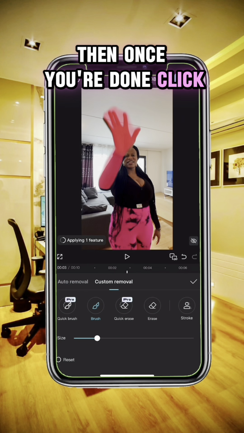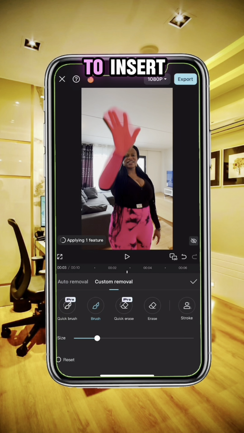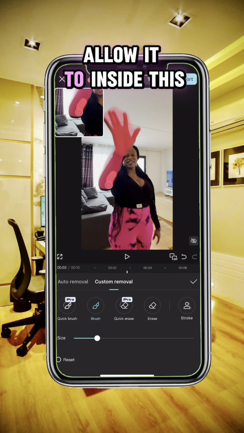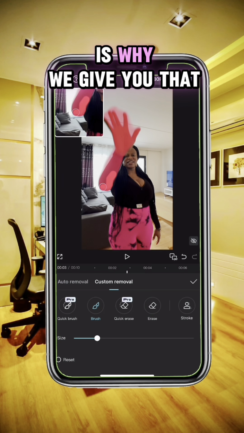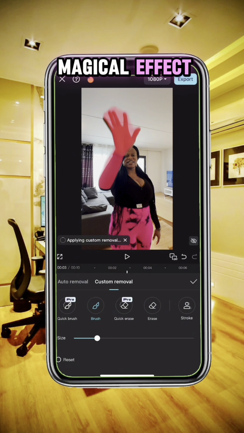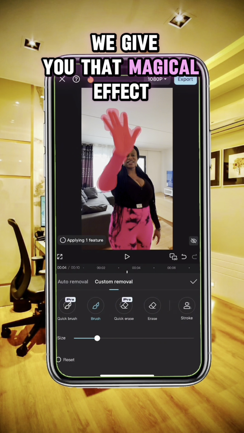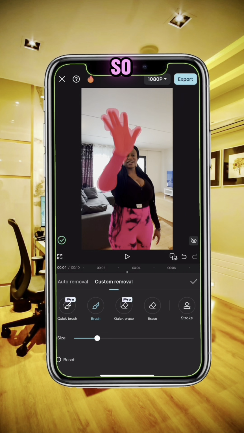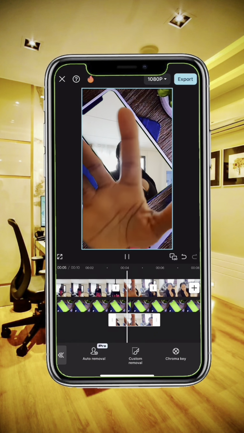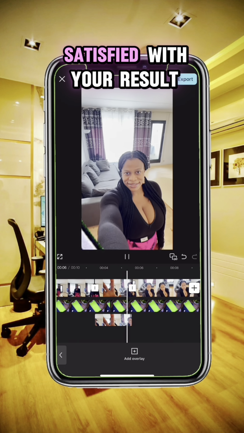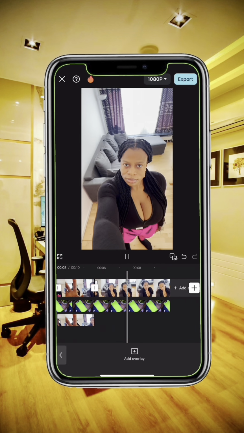Then once you are done, click on OK and allow it to insert. This is what will give you that magical effect. So once you are okay or satisfied with your result,